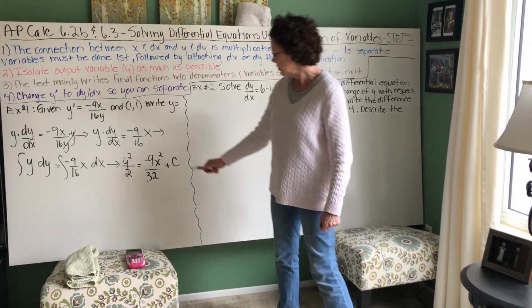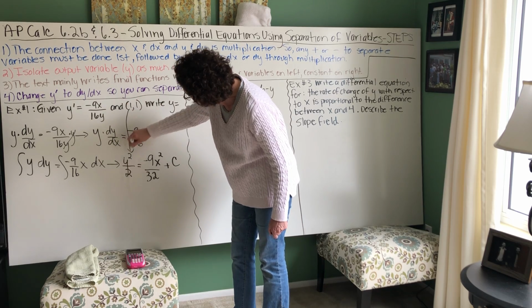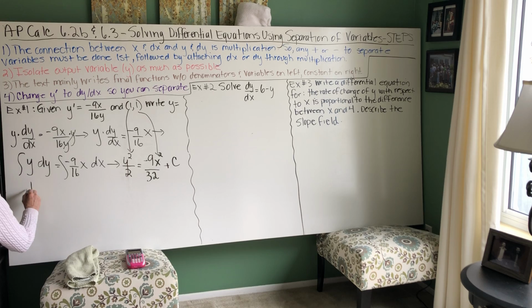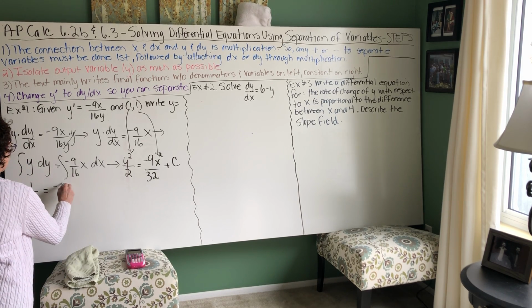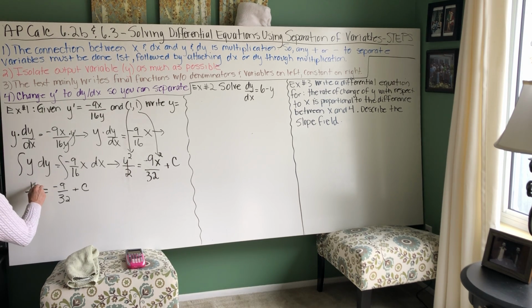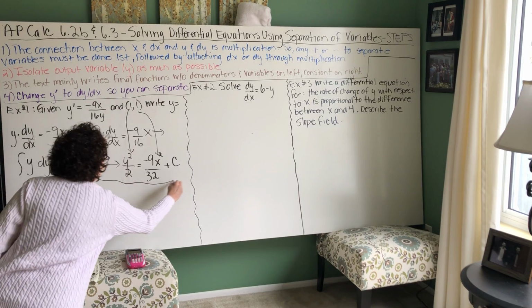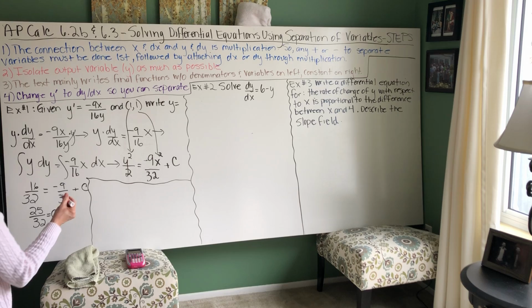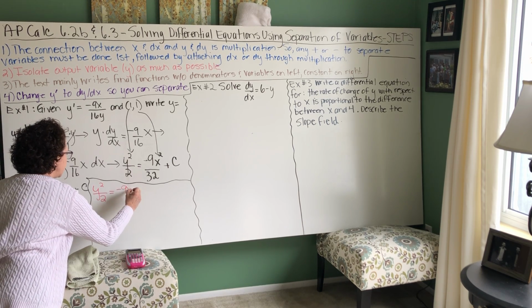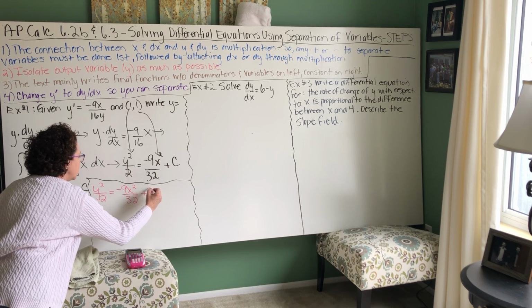The next thing I'm going to do is solve for c by putting in the 1 for the y and the 1 for the x. So let's go ahead and get that. I'm going to have to go a little lower here. That would be 1/2 on the left equals -9 over 32 plus c. Notice what I can do is make this 1/2 as 16 over 32. And I'm going to add the 9 over 32 to both sides. So that would be 25 over 32 equals c. So let's go ahead and write the equation that we have now. Right now we have y squared over 2 equals -9x squared over 32 plus 25